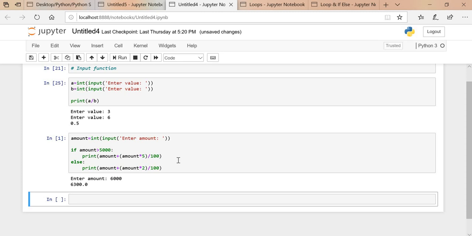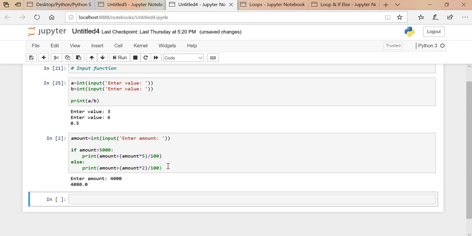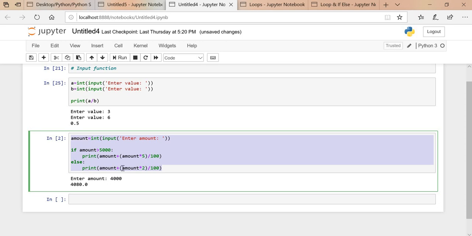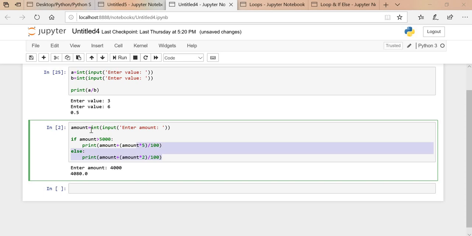Thousand, it's a 5% interest. Okay, let's assume the amount is less than 4,000, it's a 2% interest. Okay, so this is the example of the input function. This is dynamic. We can do dynamic things with this input function. So hope you will understand.